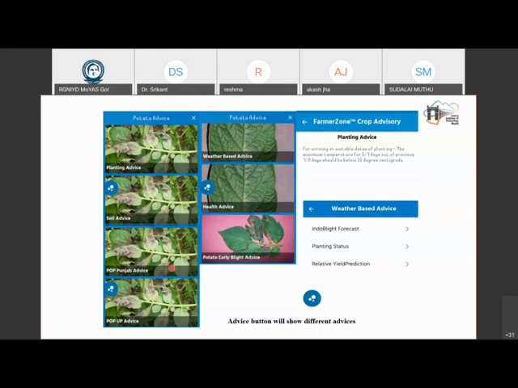And then region specific advice. The POP stands for package of practices. So region specific advice on what is good for that region. Then weather based advice. That means if we are able to take what I talked about with those sensors and the IMD weather data, can I do some weather prediction and tell them that this is when you should sow your seeds. We tell them that if there is a lot of humidity, then this is a chance for disease to come. Remember, we built a disease detection model for the potato blight, but the blight detection model captures the disease after the disease has come. Can you predict the occurrence of the disease? And in fact, our collaborators from the Potato Research Institute have shown that certain combinations of temperature and humidity result in blight.